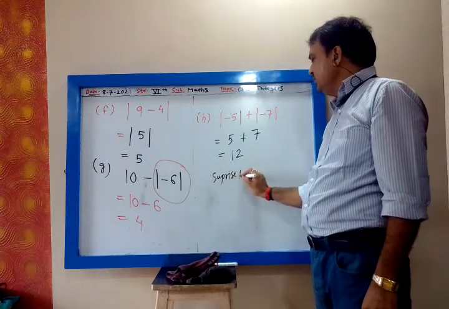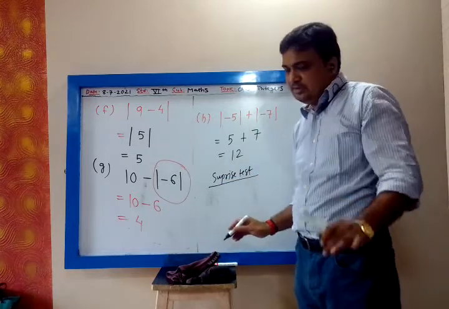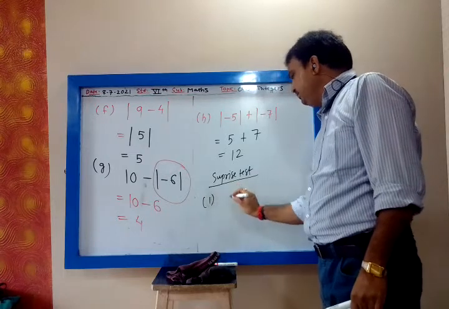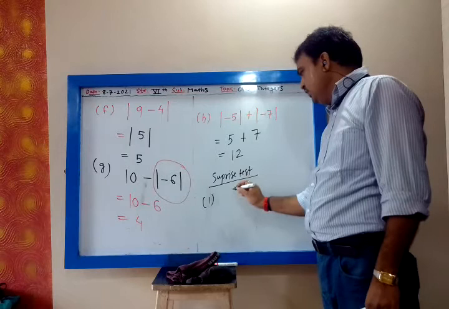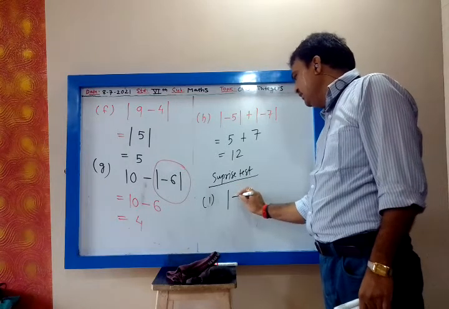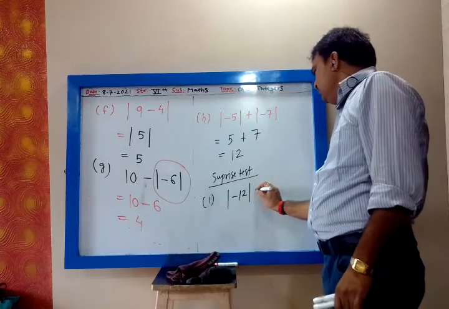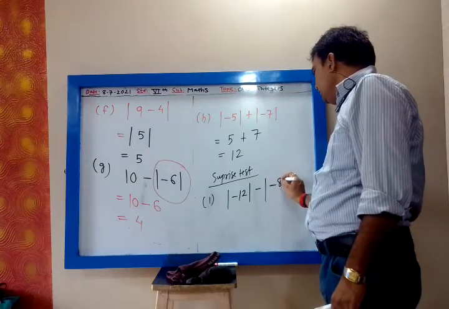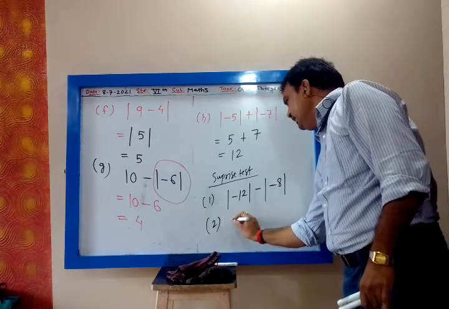So 2-3 minutes are there. Write down surprise test, because this completes our exercise 2.1. So write down this. You have to solve this in the notebook only. Absolute value of minus 12. Absolute value of minus 8. Start solving. Then 2 minus